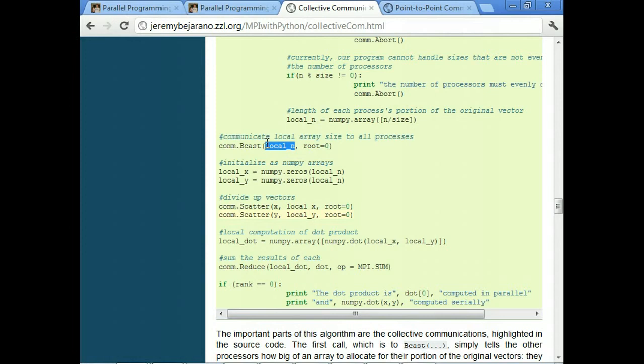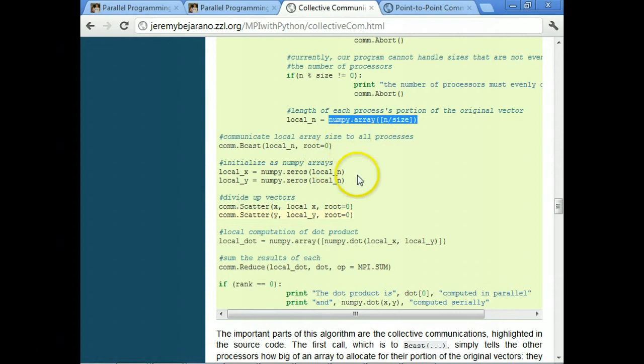If you wanted to do the pickled method, or if you don't want to use NumPy objects, but you want to use these uppercase communication functions, you have to specify when you send this is a float32 or whatever. But this just makes it a lot easier to work entirely in NumPy objects.